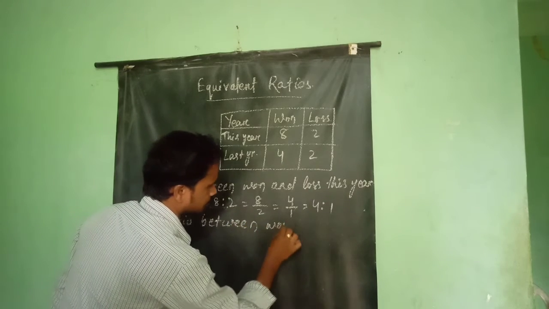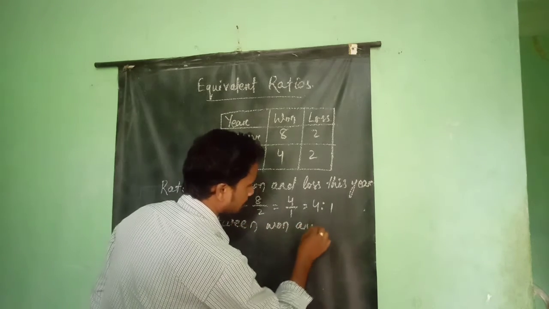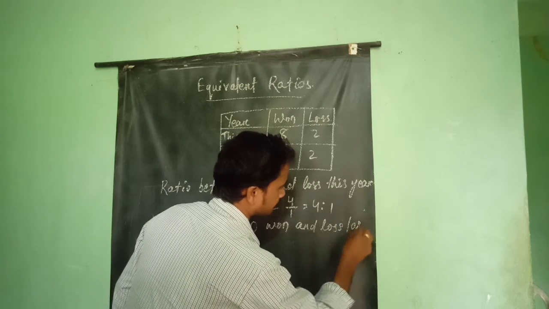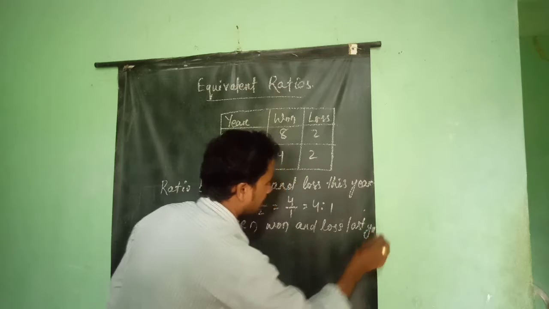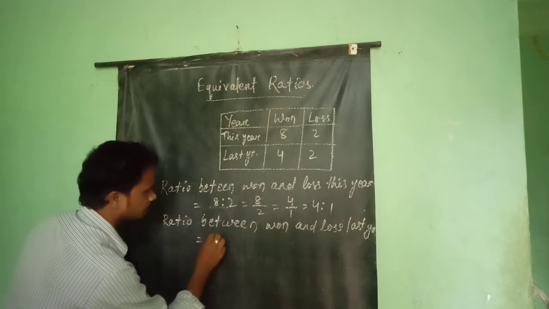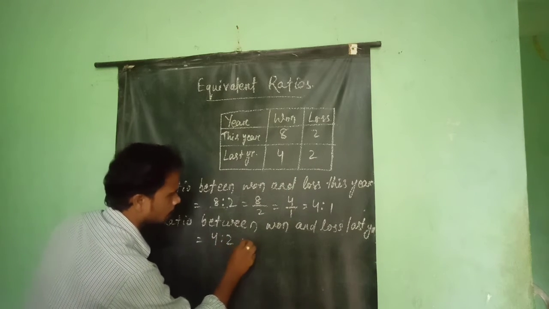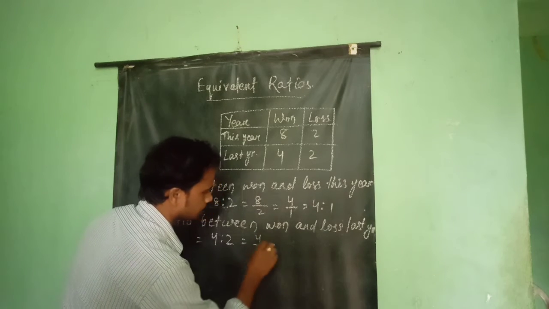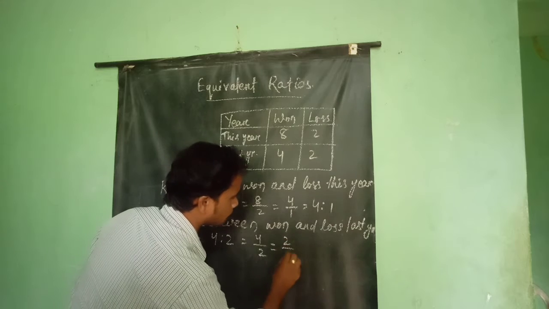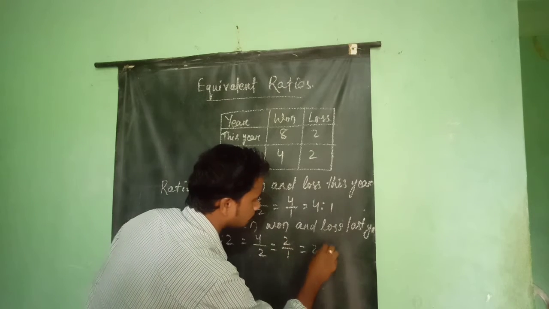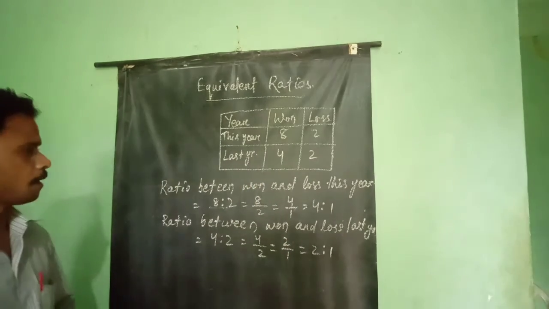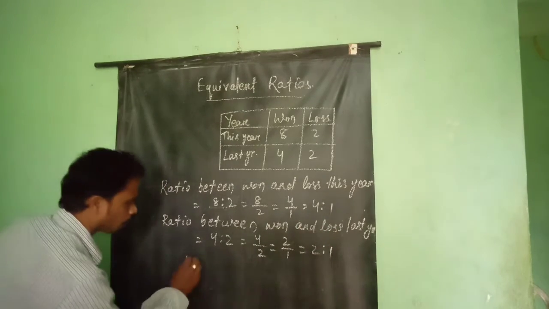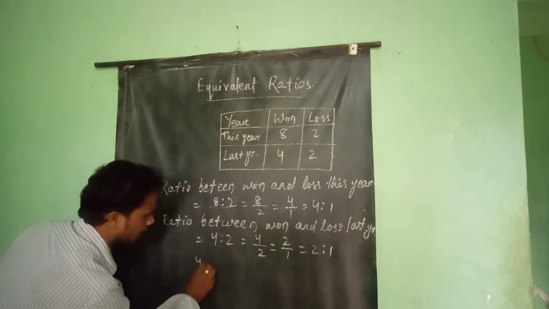won and loss last year is equal to कितना होगा, 4:2, and that is 4 by 2, इसको लोएस्ट टर्म कर देंगे तो 2 by 1 आ जाएगा और 2:1 आ जाएगा. सो अब हम कंपेयर करते हैं इन दोनों में कौन सा बड़ा है कौन सा छोटा है. तो ऑब्वियसली 4:1